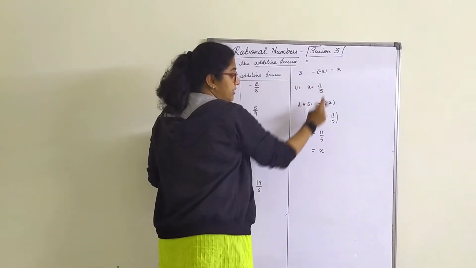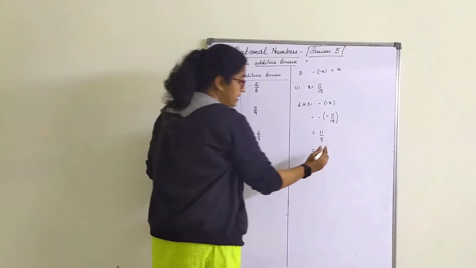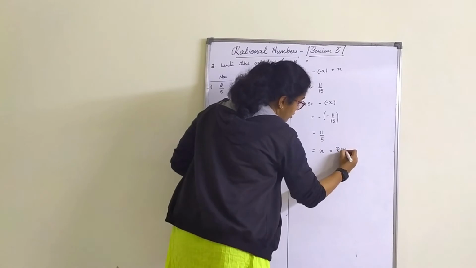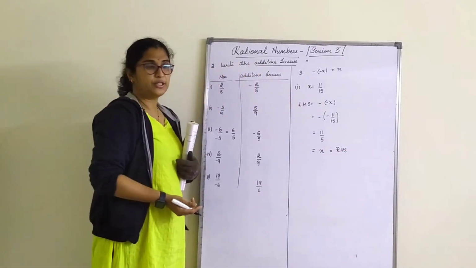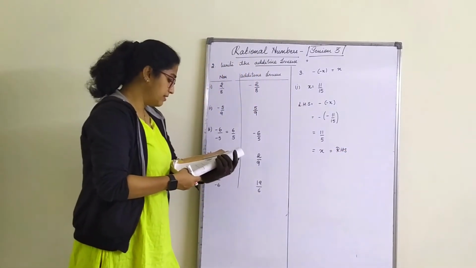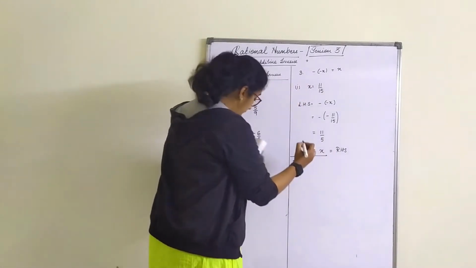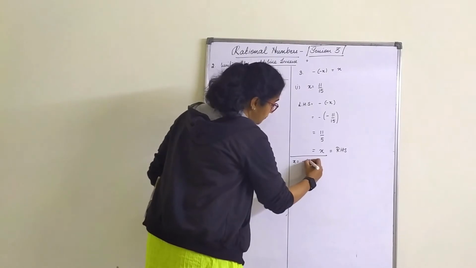That is what you proved here. You proved that is equal to x. So that is equal to RHS. Simple, right? Similarly, we have the next one in this, where they have given you the x value as minus